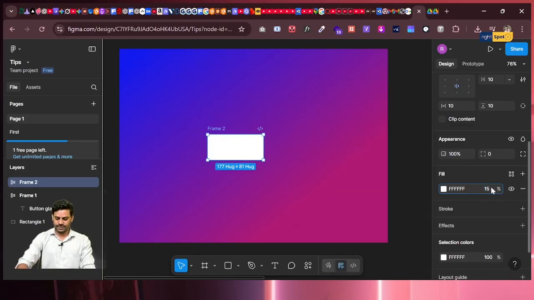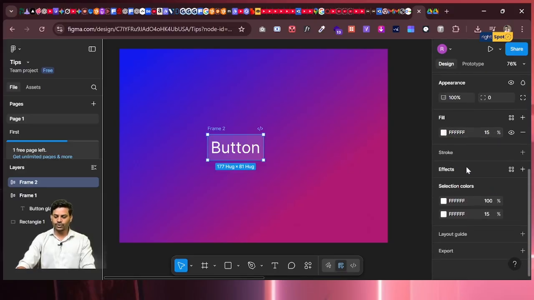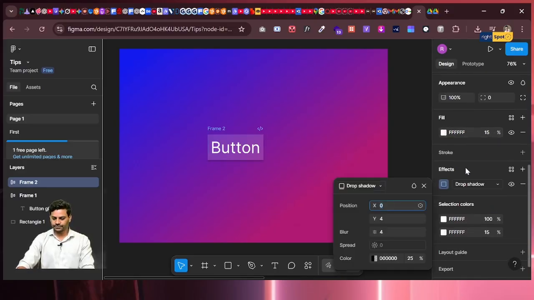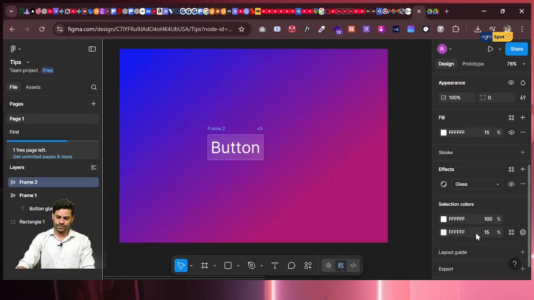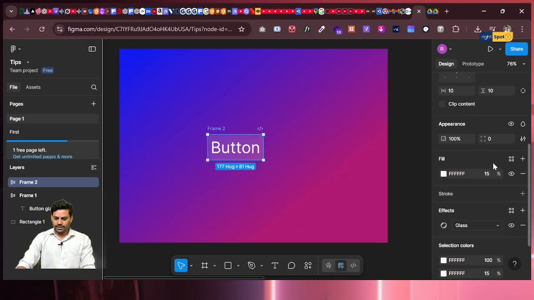opacity 15%, and go to the effect. Choose glass from the drop-down and select the glass options. And to make it look more enhanced and appealing, add some border radius, 8 pixels, and